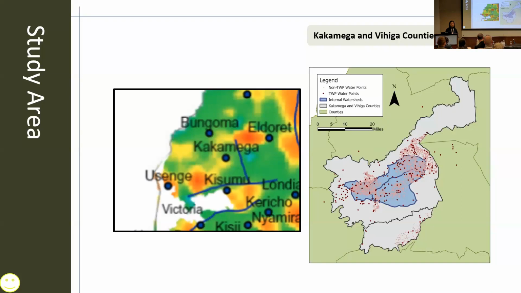And from the picture, we can see there is variability in the geological characteristics in the area. This picture on the left side is the map of the transmissivity, which is the rate of how the groundwater flows. And because of that, we also have a better reason to say we need to better understand the groundwater